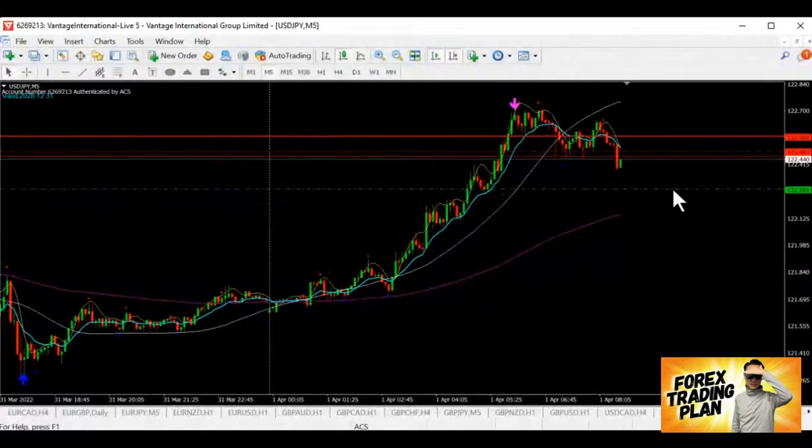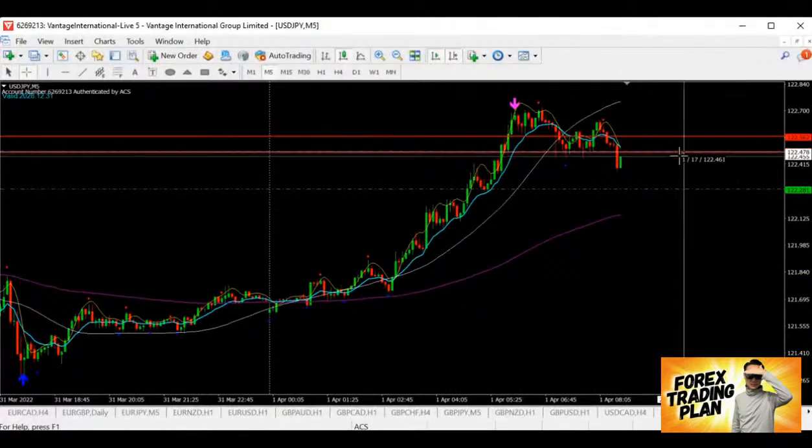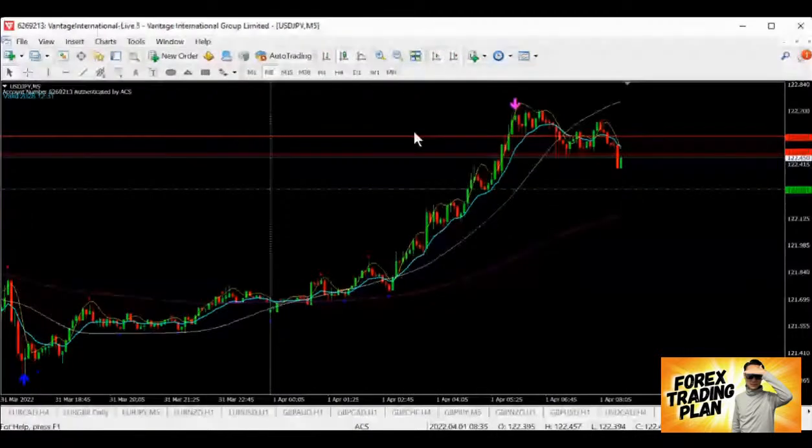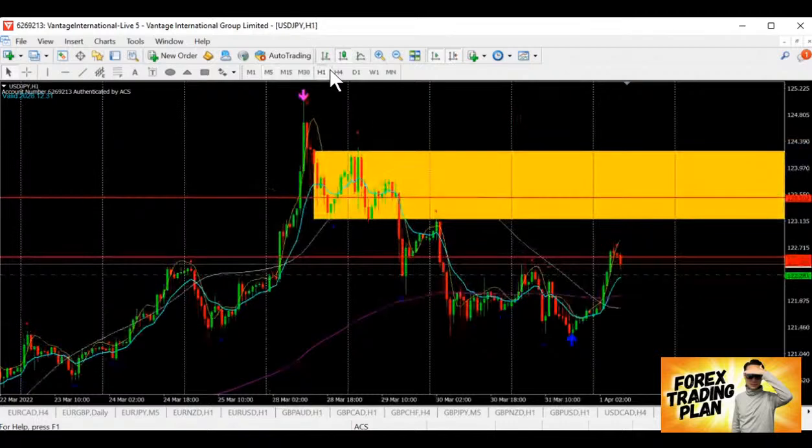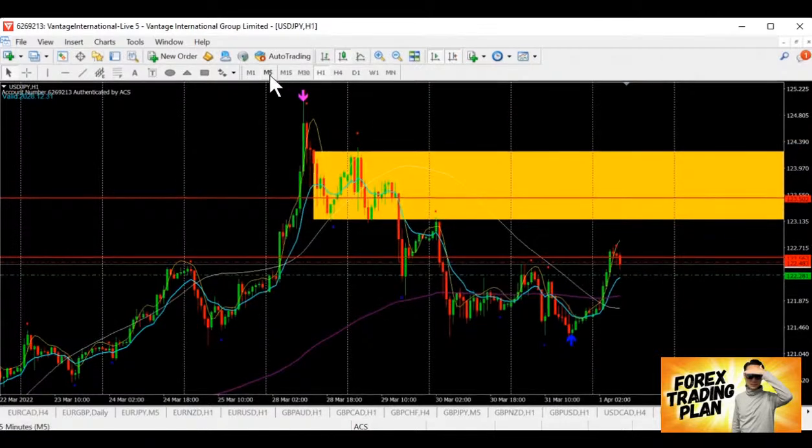So from here to here, I would say that we have about 20 pips to go. So dollar yen before the non-farm, I would say that for a moment, I think we still have a chance. It looks good to me actually. But remember, this is retracement trading. Yep, this is retracement trading.